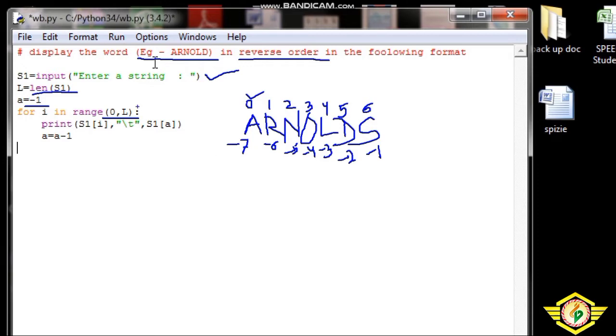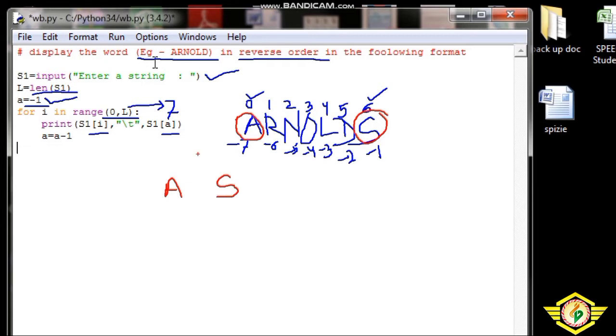In the similar way, if I am writing s1 of A1, L means that is length, s1 of that A value is already given, that is -1, so -1 means that is S. So the answer will be A, and in reverse order side it is given S. So first A will be printed, and side by side S will be printed. In the similar way, second one, first A will be printed and side by side S will be printed.